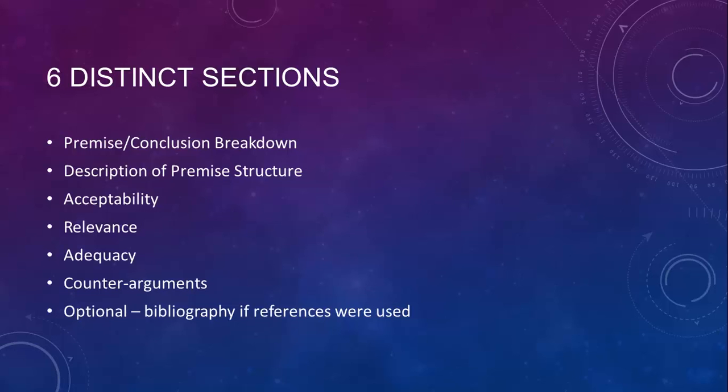If you want to do the diagrams, would you like them embedded into the thing, or in an appendix? Embedded. In this second section, description of premise structure, if you're doing a diagram, put it in that section, right in the text. Is it okay to use jot notes or a little paragraph blurb right beside it? Sure. No problem there. Some combination of diagram and text is totally fine.